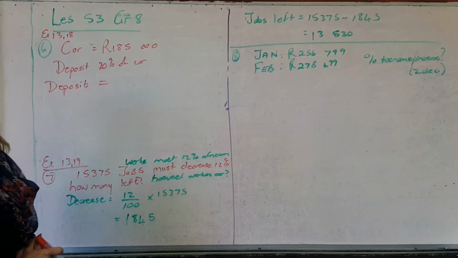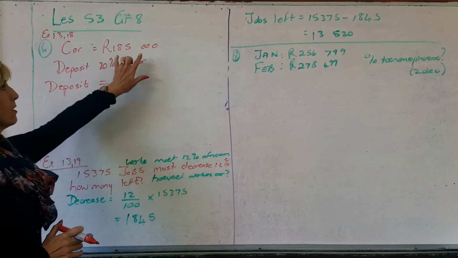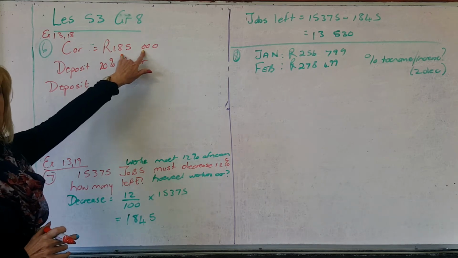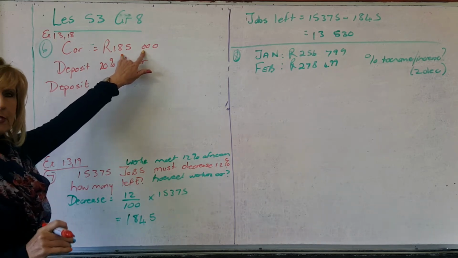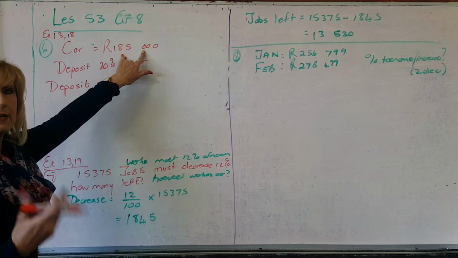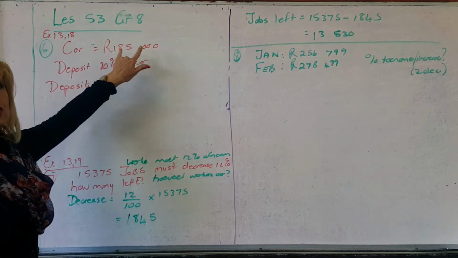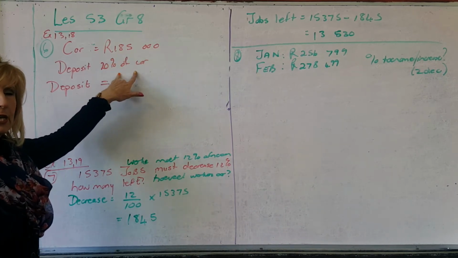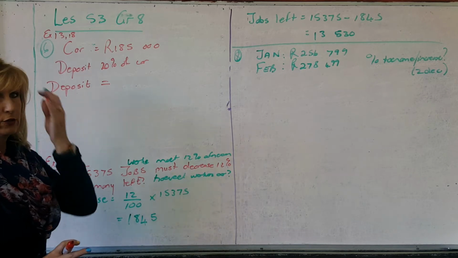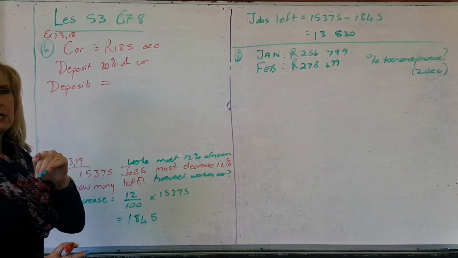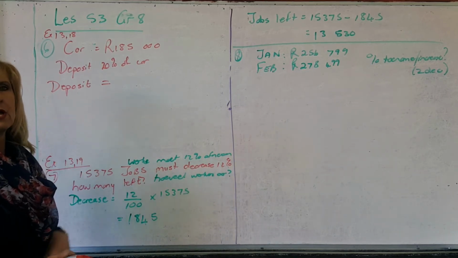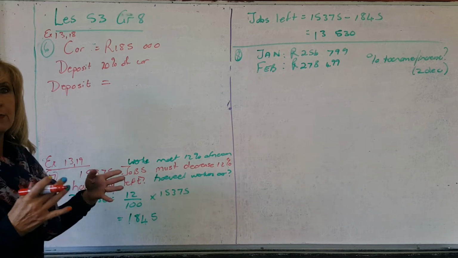The word problem, the first one, says that if you're buying a car at 185,000, he wants to get 20% as a deposit so that he doesn't have to pay so much per month. So hy wil 'n 20% deposit toegee sodat hy nie elke maand so baie geld hoef te betaal nie. So die vraag is, hoeveel deposit moet hy betaal? How much is his deposit? So the deposit is